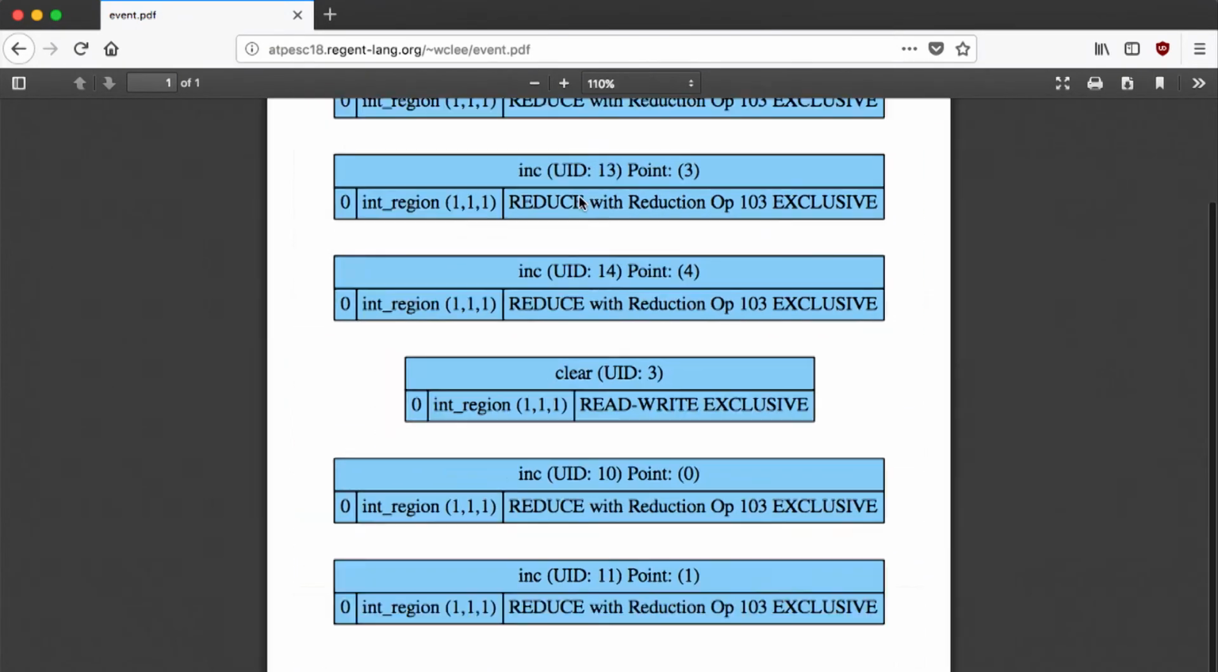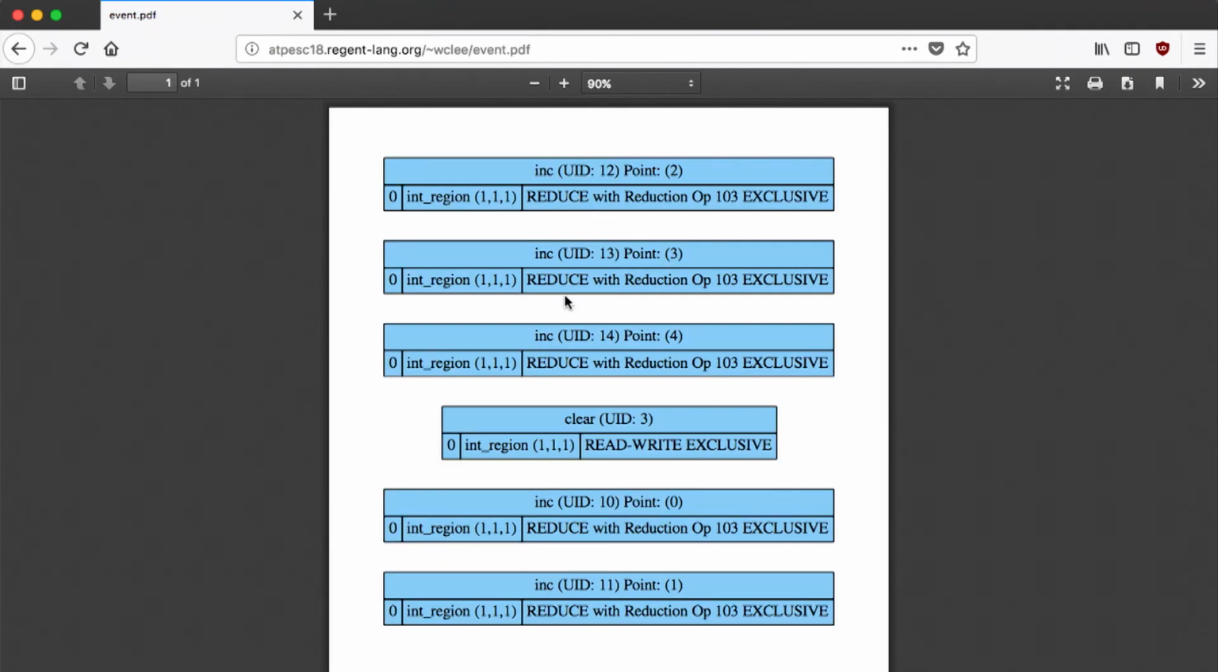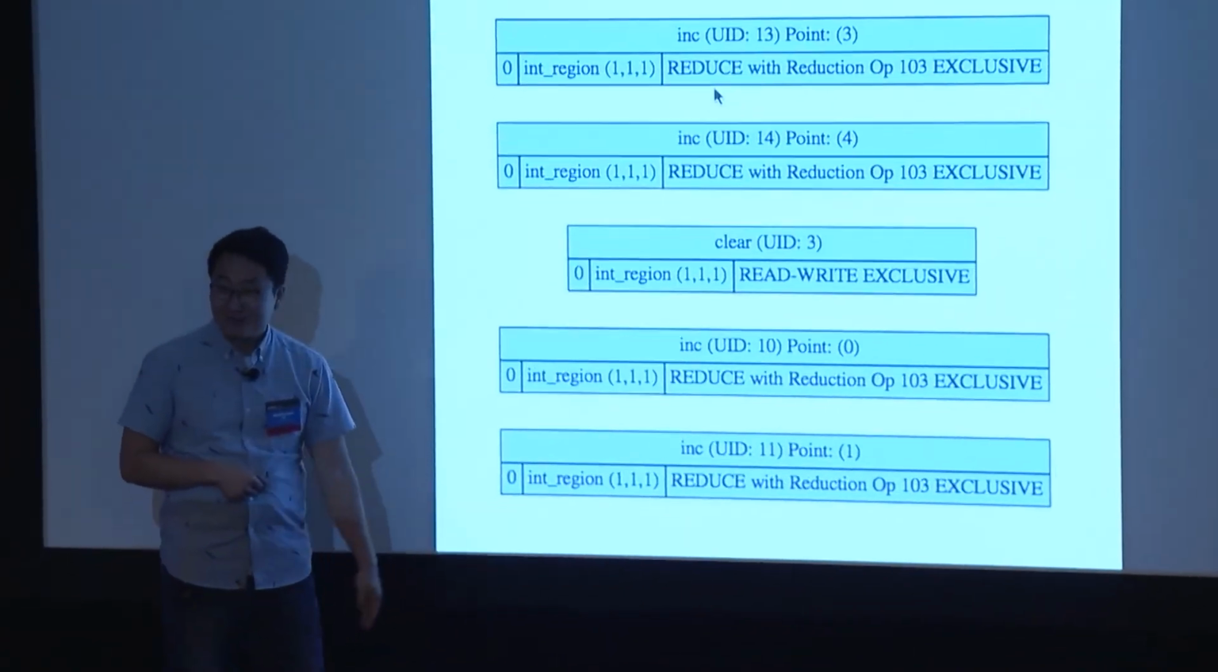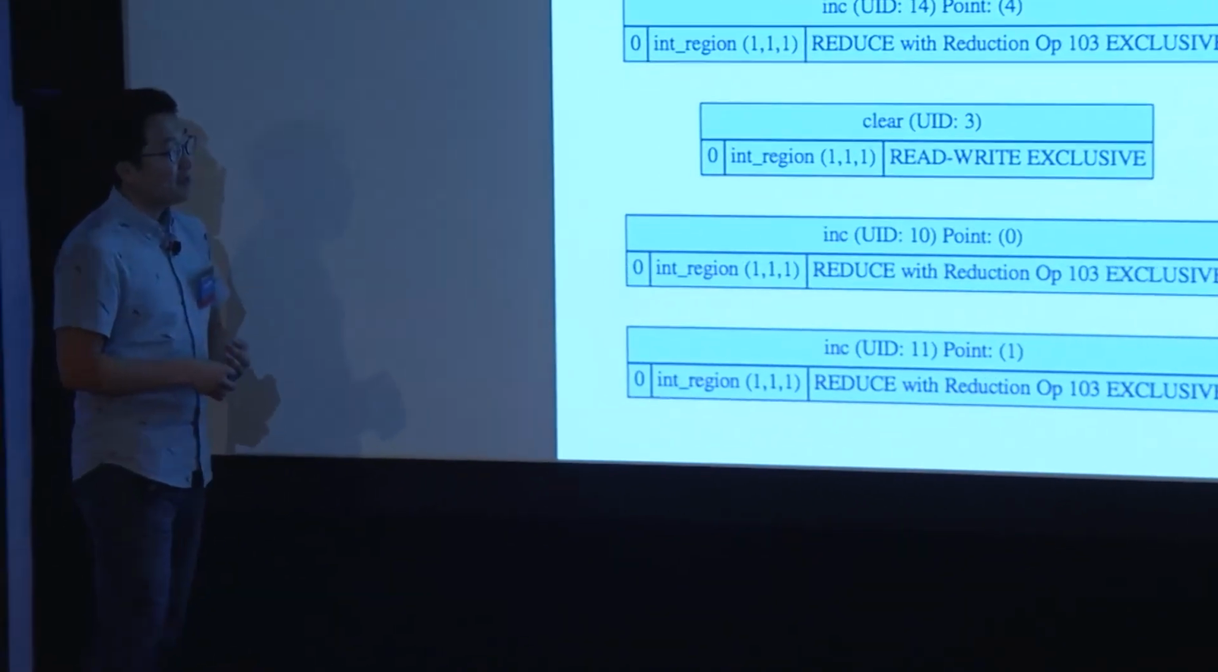Okay, so you see that, first of all, the 5 inc tasks run in parallel. If there's no edge between tasks, that means there's no dependency. Okay? So all 5 inc tasks are independent in this case because they're using the reduction privilege. But one thing a bit interesting here is that even the clear task doesn't have any dependence on these 5 tasks. And the reason is that whenever you use a reduction privilege,